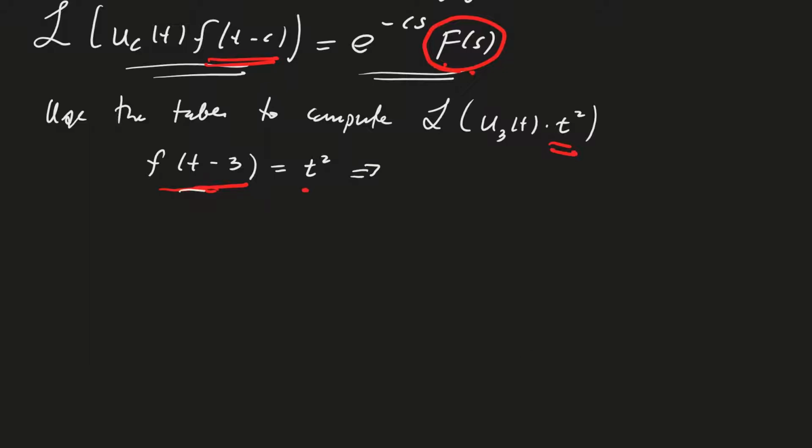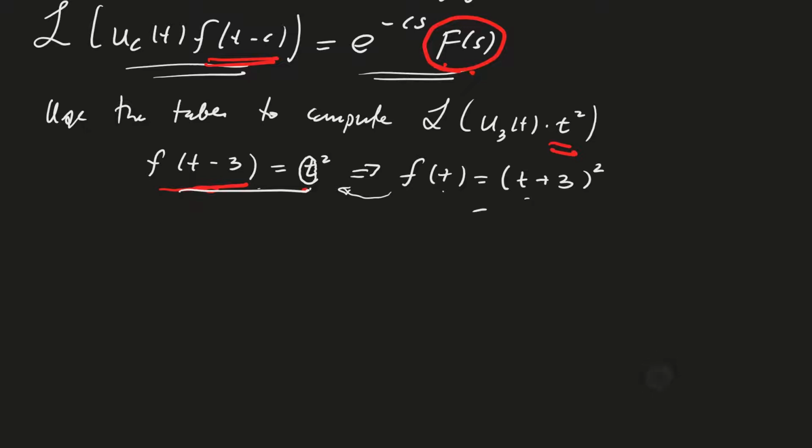So that is my next job here. If this is f of t minus 3, then f of t must be, we're kind of going backwards here, wherever I see a t in this expression, I'm going to replace that by a t plus 3, so that's going to be t plus 3 squared. And notice now, to go back, I would replace t by t minus 3, and I would get back to t squared again. Okay, so the upshot here is that when you're trying to find your f of t, you can replace your t by t plus c,